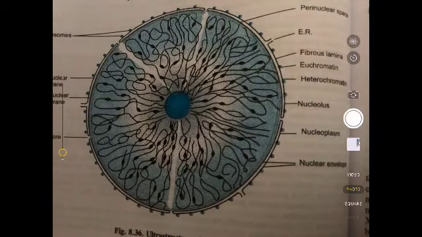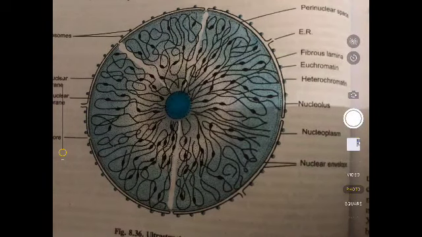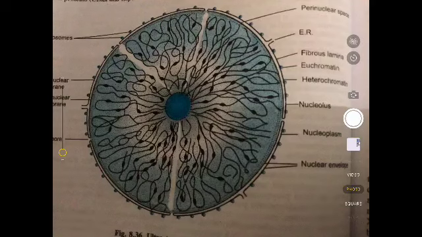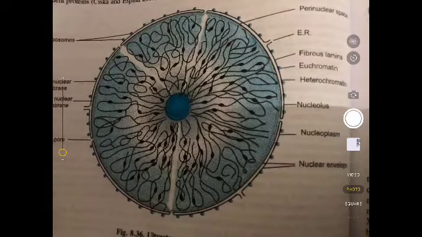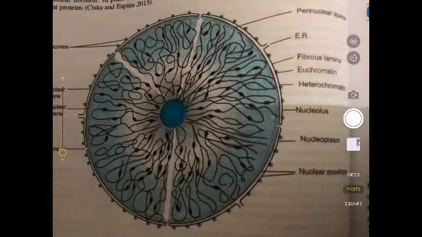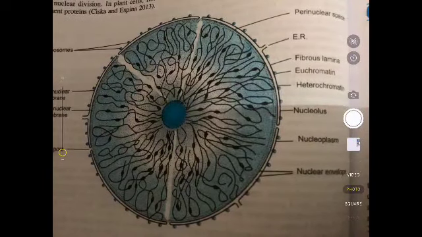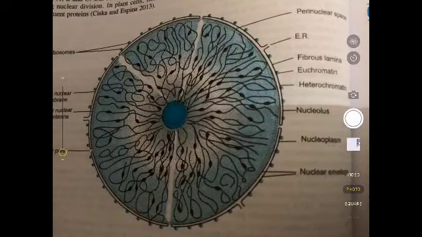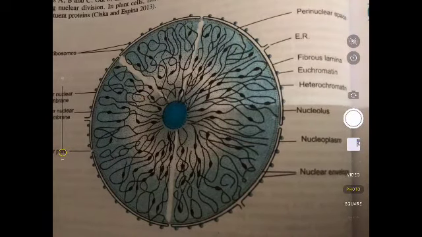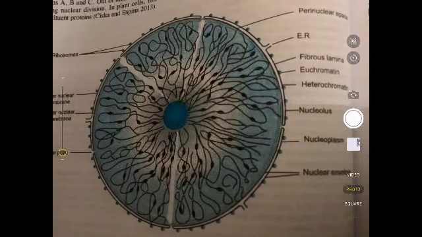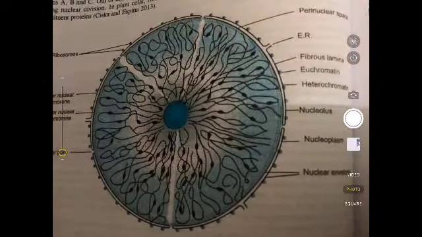Chroma means colored. It is brightly stained, colored, long, fine fibers which overlap over one another and form a network known as the chromatin network. It was discovered by Fleming. And students, this chromatin material is embedded inside the nucleoplasm. You know that this nucleus is filled with nucleoplasm, so this chromatin material is embedded inside the nucleoplasm.